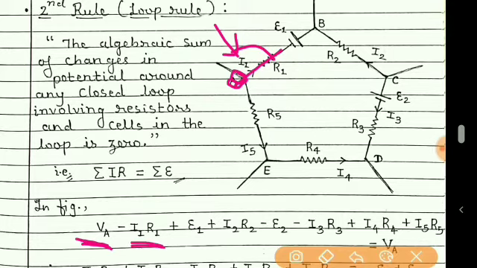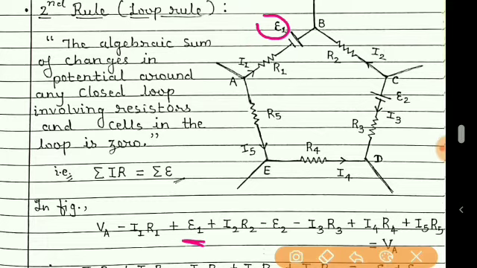I1 into R1, but in the direction of current, so this much potential, that is I1 R1 potential, will decrease, and so it is minus sign. In the direction of current, IR is negative. Now, terminal of battery, which terminal of battery is coming? Negative, and then it becomes positive. So negative to positive. So here for this battery or a cell, we will take this epsilon 1 positive.